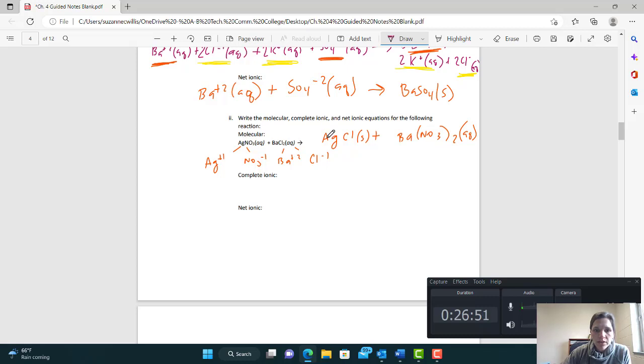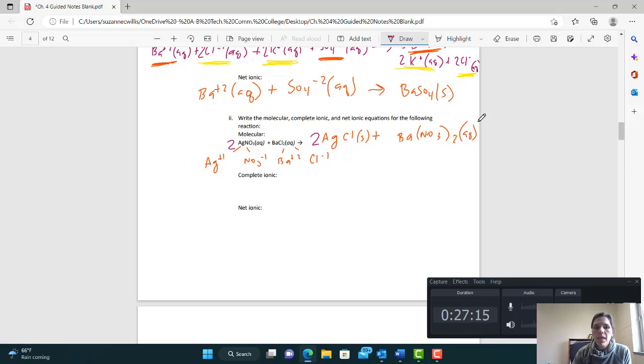There's one silver, one nitrate, two nitrates. So I'm going to have to put a 2 here to get 2 nitrates, which just changed silver to 2, so I'm going to put a 2 there. 2 silver, 2 nitrate, 1 barium. So now, we predicted products, we predicted their states of matter, the solid and aqueous, and then we balanced it